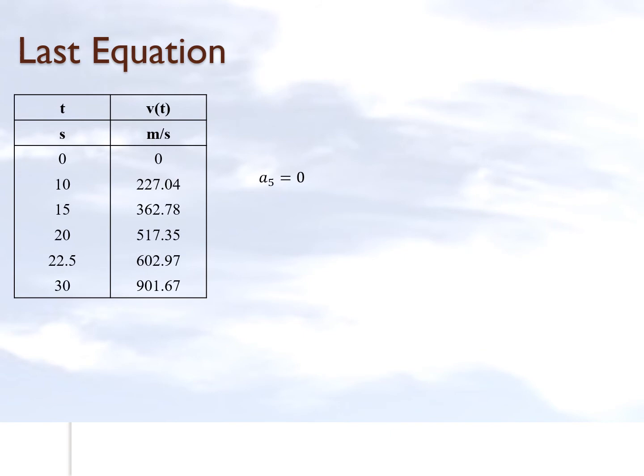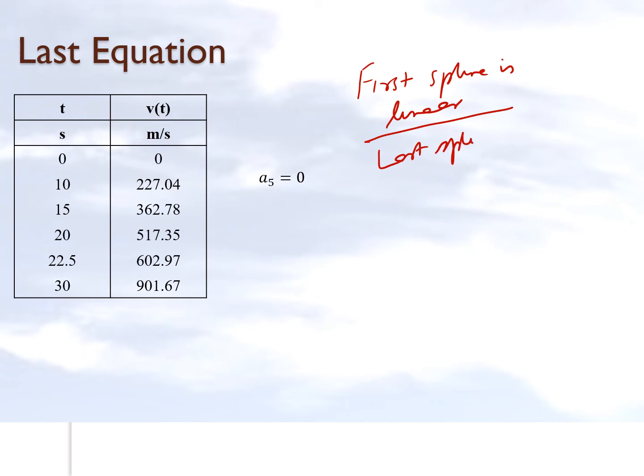The way we're going to do it is to say that maybe the first spline is linear or the last spline is linear. We can make this assumption that the first spline is linear, or we can say the last spline is linear. That's going to allow us to set up the 15th equation because we don't have any other choice or a better choice. Now the question is, should I choose the first spline to be linear or the last spline to be linear? It will depend on which one is the better assumption to use.